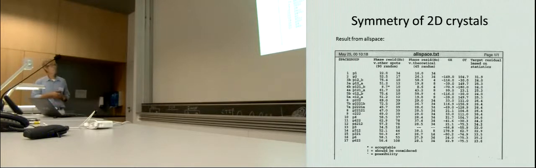If you remember, you would have to compare the phase residual number versus other spots, the first one, with your target residual, and if you are quite a bit better, then you can believe it, and if not,